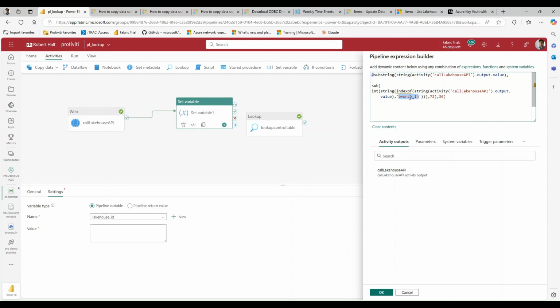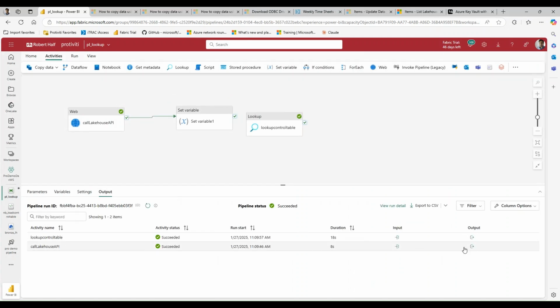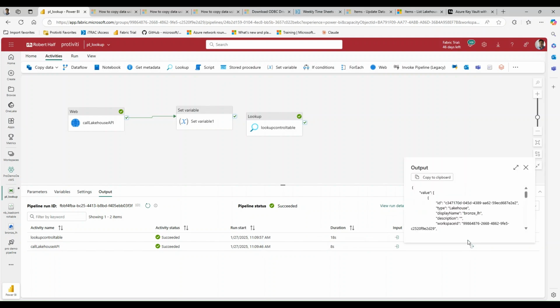so that you can search for the beginning part of that lake house name. And then I use a subtract function to get back to the starting position of the ID that I want to extract. And I'm only going to go over 36 spaces because that's going to be the end. So I'm only going to substring 36 spaces because that's going to be the end of the ID that I want to capture. So if I go back to my output and we look at the output of the call,